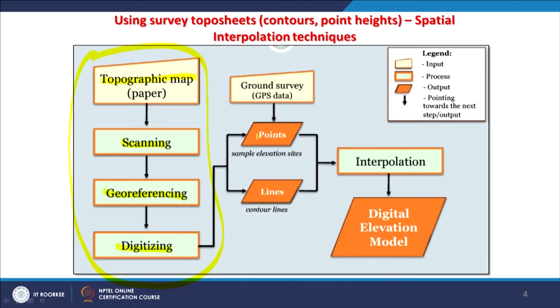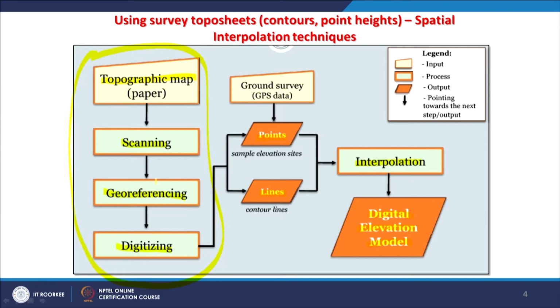We can employ these point data or line data or both, do the spatial interpolation directly and develop a digital elevation model. So it depends in what format you are going to have the data for this kind of generation of DEM employing toposheets. If you have digital toposheets, it is really wonderful. This is what we desire.